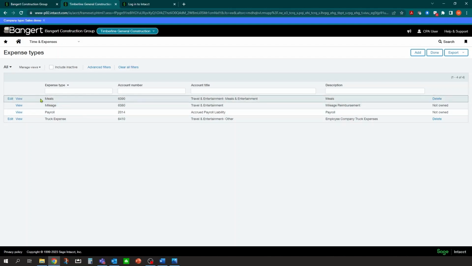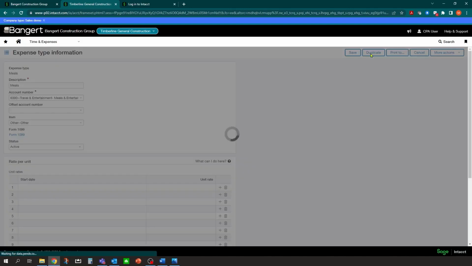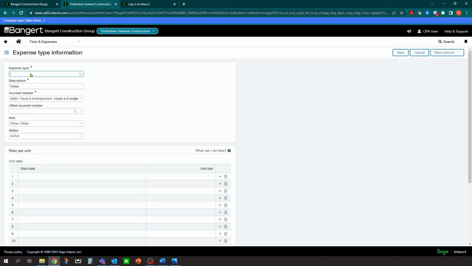What you can do is, if you want to add one, for example, let's set up one for hotels or lodging. What's nice is because you have this duplicate button, you can pick one that's pretty much exactly the same as the one you want to set up, except for the general ledger number. You can click Edit or View. Let's click Edit. And once you're in here, I can click Duplicate. Now, it doesn't really do much in this scenario here because it's just a description. So you really don't need to do Duplicate, but I'm going to do it anyways, and I'm going to click Duplicate. And now it's going to ask you to give it an ID. Let's call it lodging.